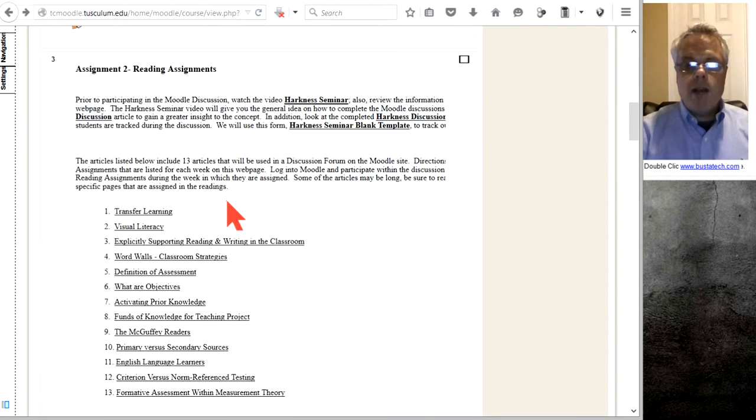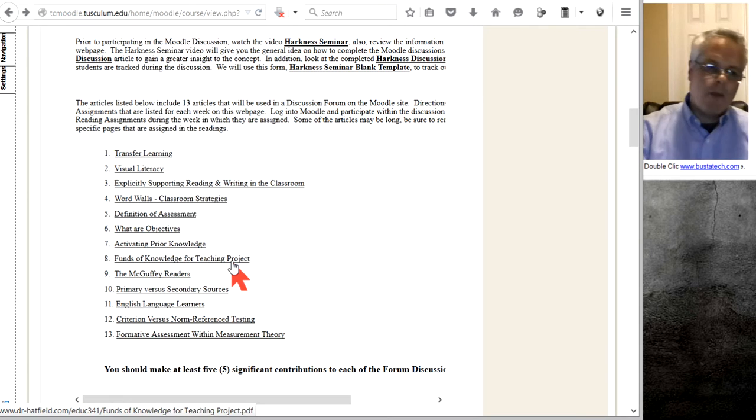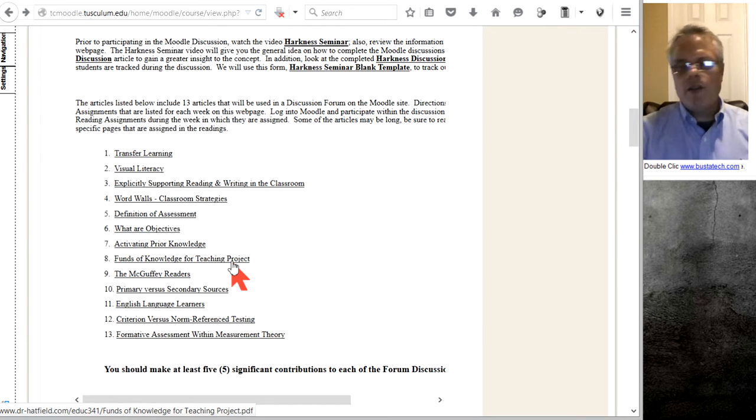The next assignment, again, is a direct response to the first objective, and that's the preparation for the Praxis exam. As you can see, I have articles listed. There's 13 articles, and what I've done is I've gone out and tried to find some of the most difficult concepts that are on the Praxis exam. I've looked at questions, I've studied questions, I've purchased the books that have a series of questions and practice tests and things like that